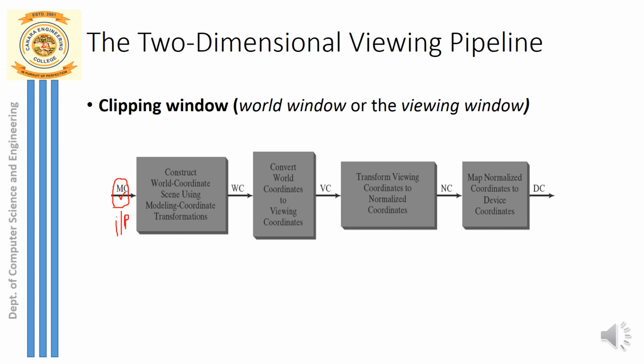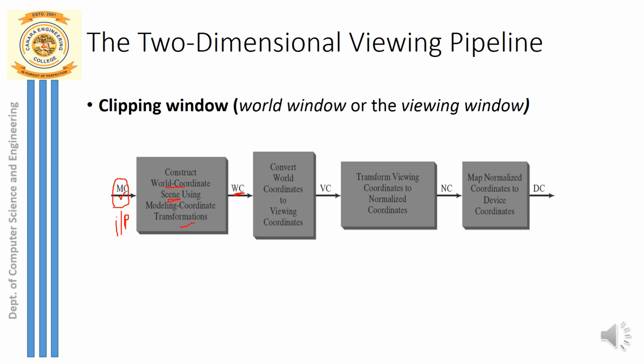You give it as an input, and now those objects or models you represent with the help of the world coordinate system, so that a scene is created, a meaningful scene, and you call it the modeling coordinate transformation. So transformation has happened from object to world coordinate system. The output of this is world coordinates, that is, the object is represented within the world coordinates. Now you give that as an input to the next step.